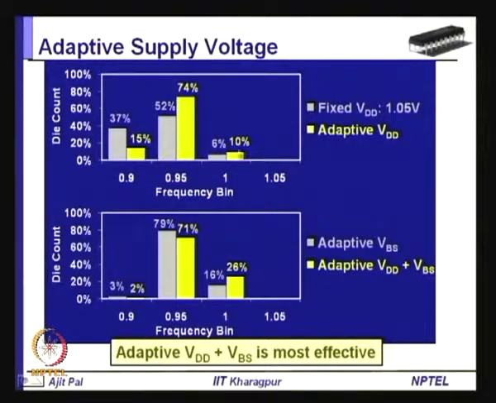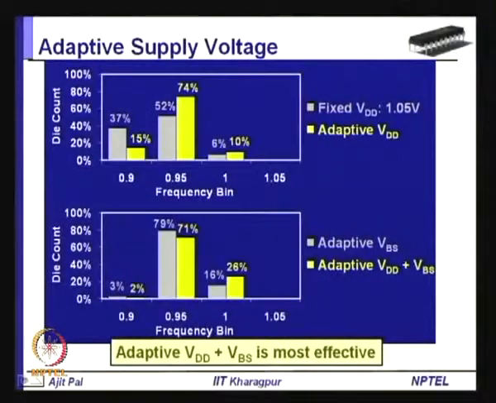In addition to that, you can use adaptive supply voltage. Using adaptive supply voltage also, you can reduce the impact of these variations. That means, for the slower dies you will be using a higher supply voltage, and for faster dies you will be using a smaller supply voltage, and that is how, by using adaptive supply voltage, the frequency of operation is improved. That means most of the chips are now close to that frequency being 1. So, instead of the original distributions, the distribution is improving by using adaptive supply voltage.